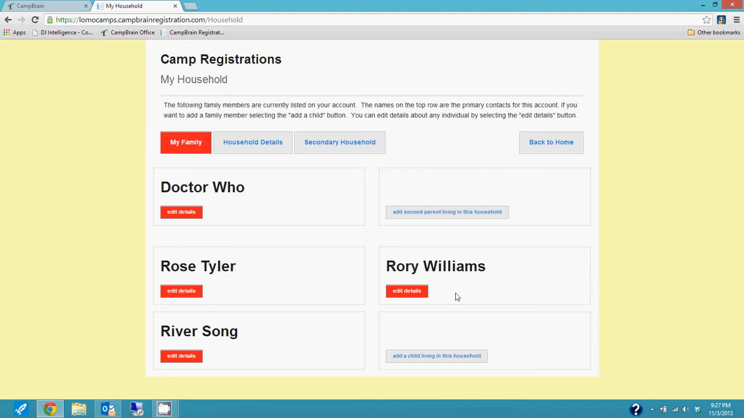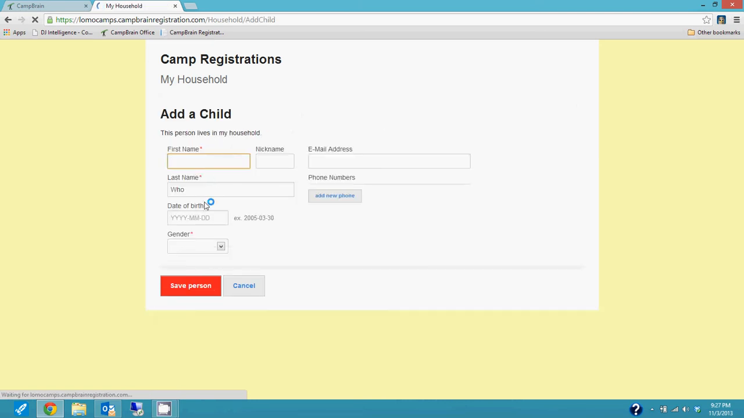In order to do that, you'll say add a child living in this household. That child can be an adult. Even if they're not living in your household, or even if they're not a child, you can still add them. It's essentially adding them to your account so that you can register them. So you click on that, and you just have a couple of mandatory fields, a first name, a last name, a date of birth, and gender. So we're going to add Face of Bo, and the birth date is going to be